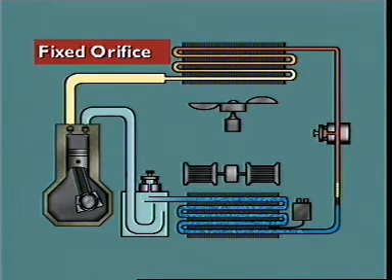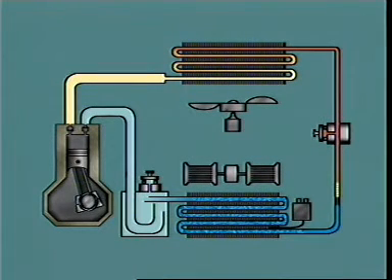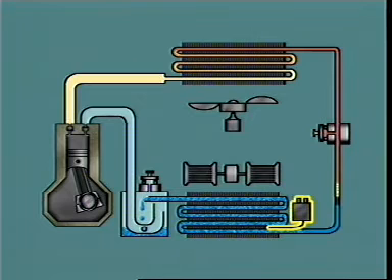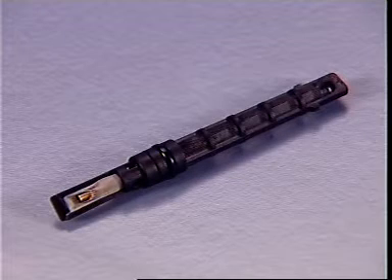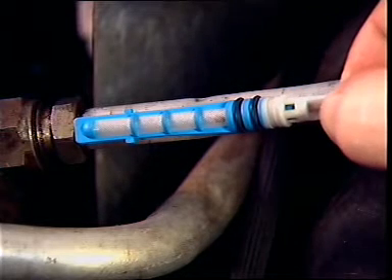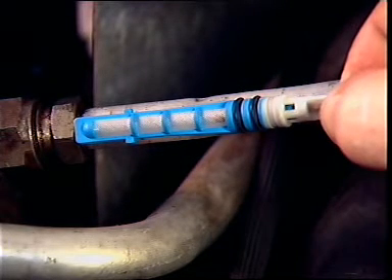In a fixed orifice tube system, the components necessary for system operation are the condenser, the evaporator, the compressor, the orifice tube, the accumulator, connecting pipes and hoses, a thermostat, blower fans and pressure switches. The orifice tube is located between the condenser and the evaporator and provides the restriction to flow necessary for system